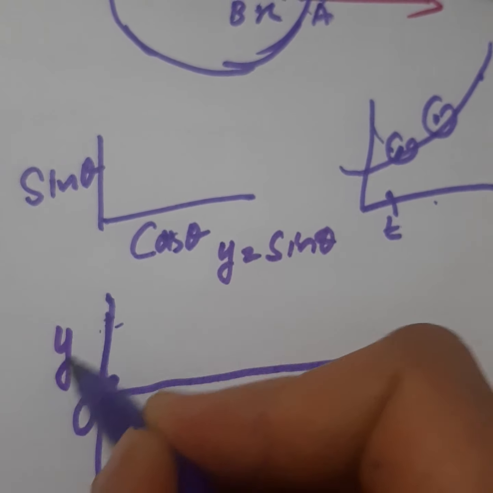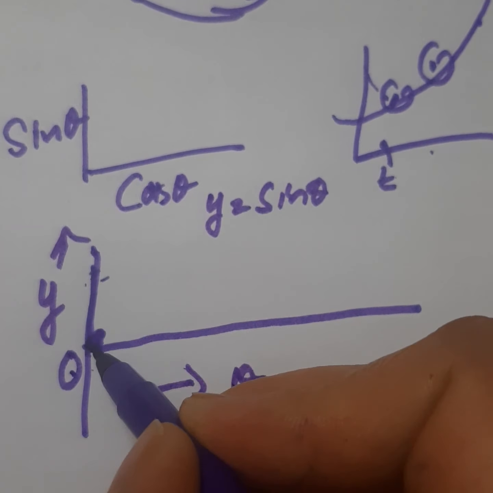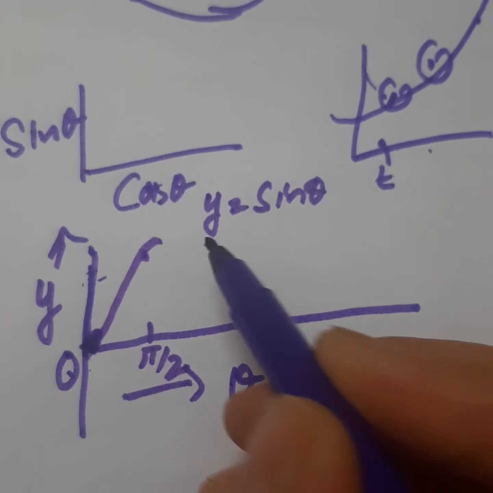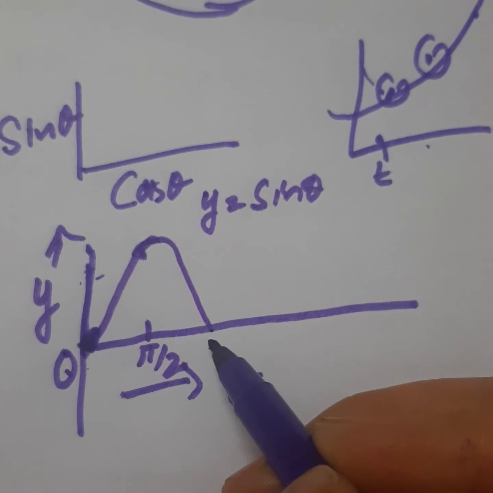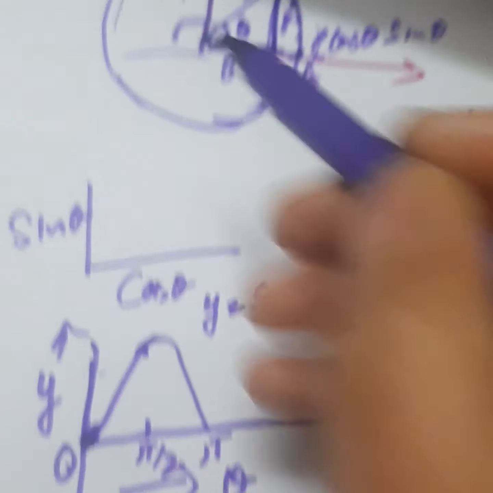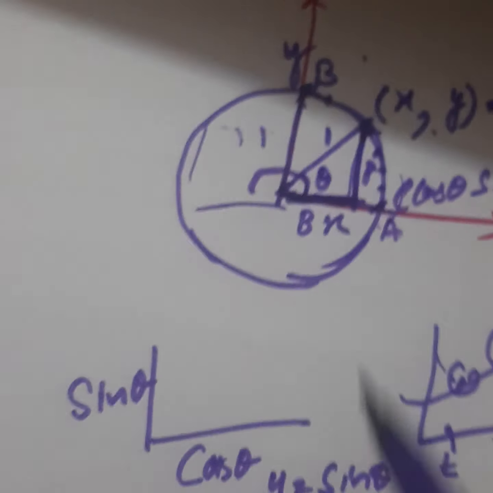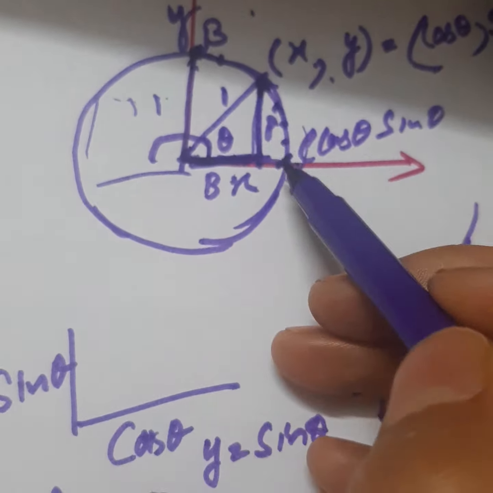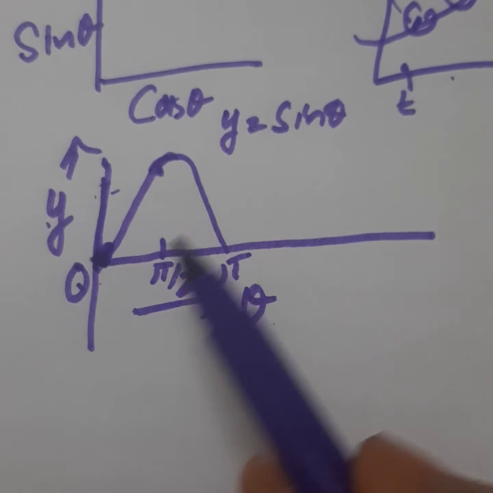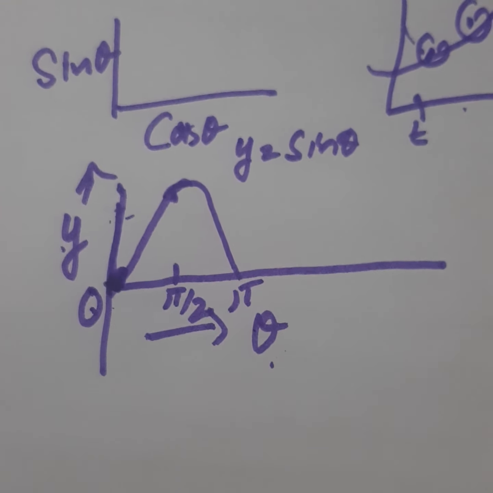So here you are actually plotting y coordinate versus theta. When it is 0, then it is 0. When it is pi by 2, then the height is maximum. This is what I explained in the previous video also. And then it comes back to 0 at pi. When the angle is pi, then the height is 0. So here you are plotting theta versus y, and in the circle it is x versus y, and that's why it's circular. Here it need not be circular. It's not x versus y, it's theta versus y. It purely depends upon what scale you use for this. It need not be a semicircle.